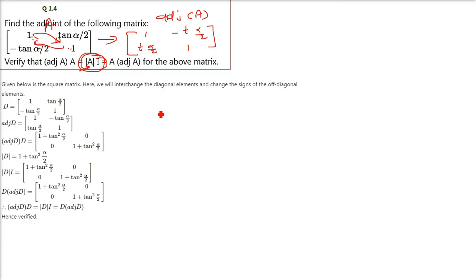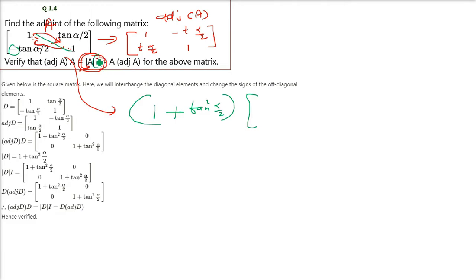So we'll try to find out the determinant. So I am taking the determinant. It will be 1, means this 1 into 1 is 1, minus tan alpha by 2, tan alpha by 2, tan square alpha by 2. Since it is negative, it will be 1 plus tan square alpha by 2. So tan square alpha by 2. Okay. And this is determinant of A, and multiply it with the identity